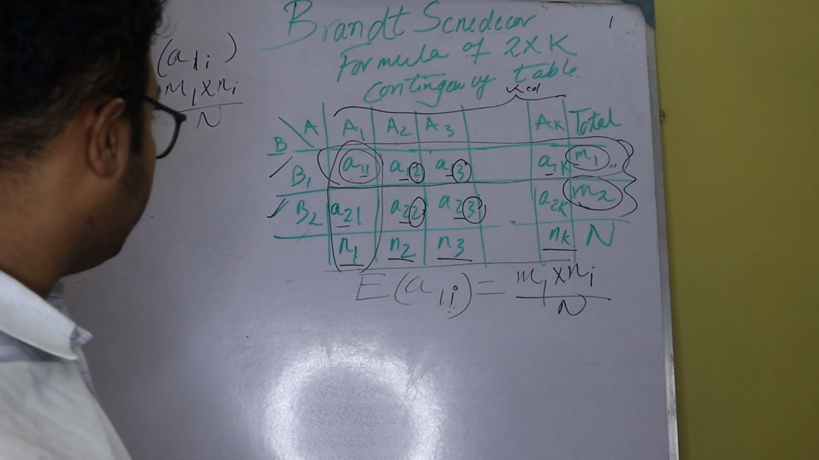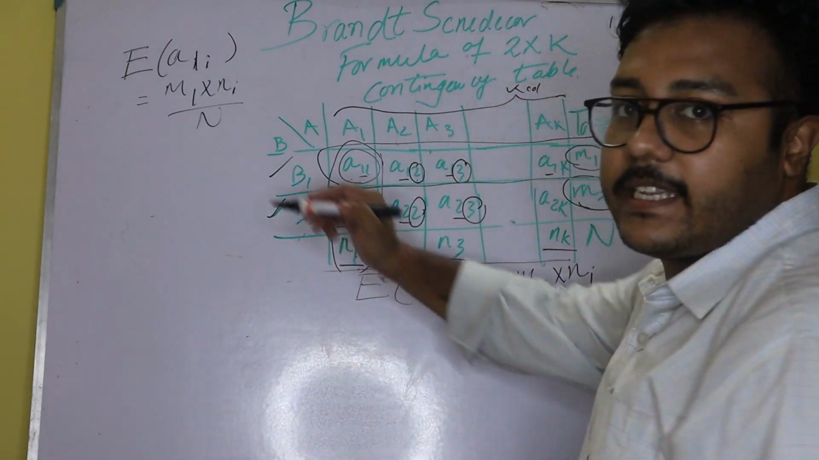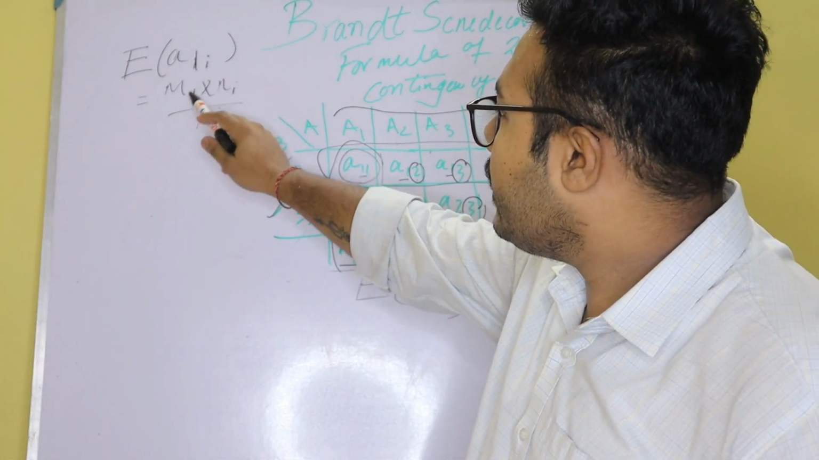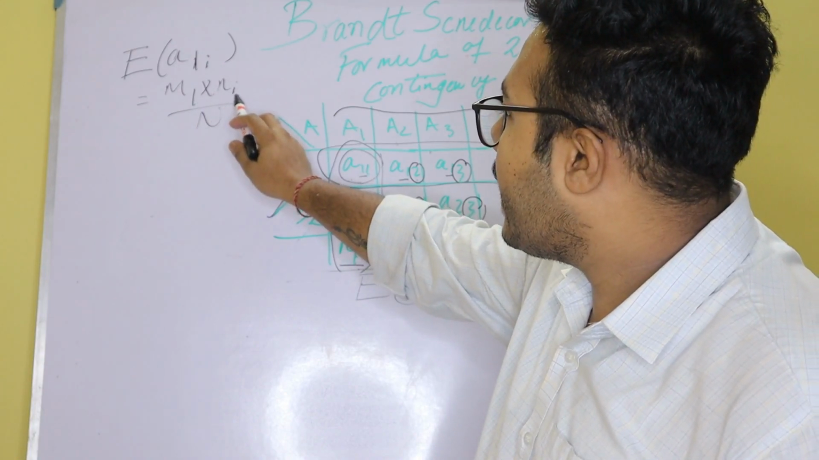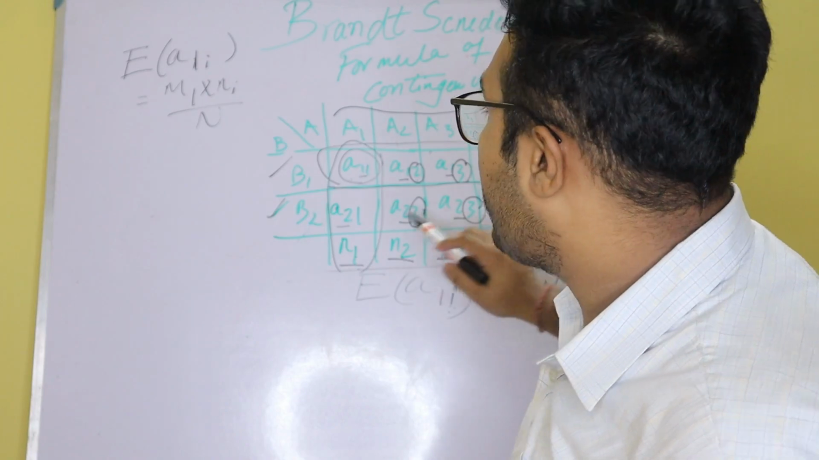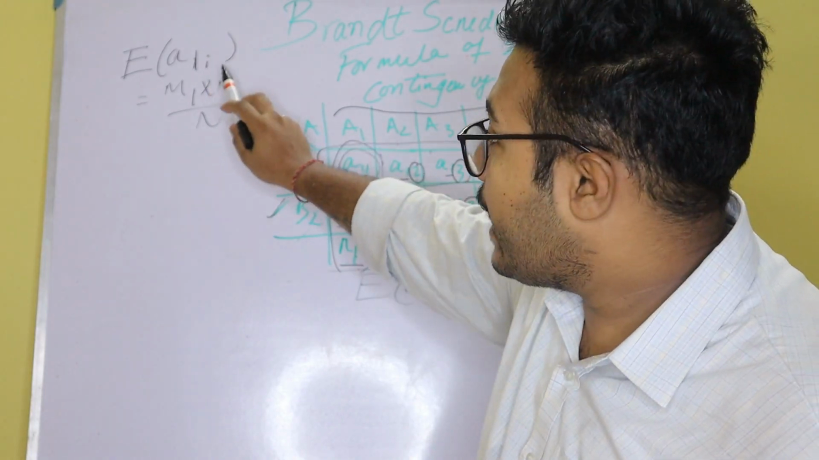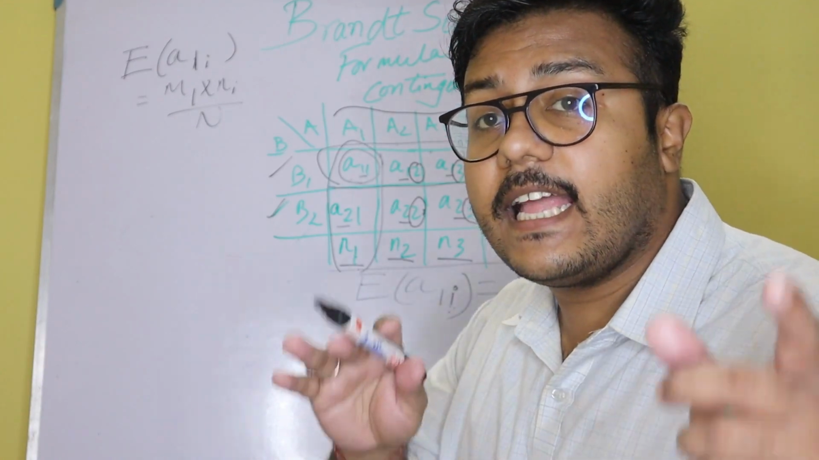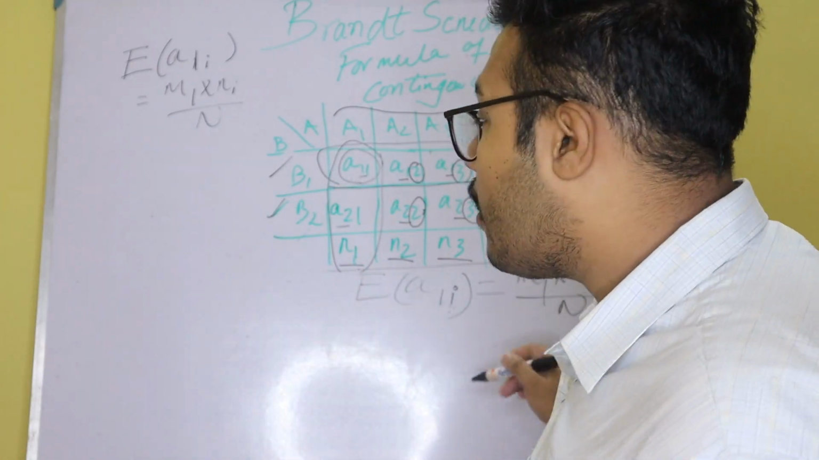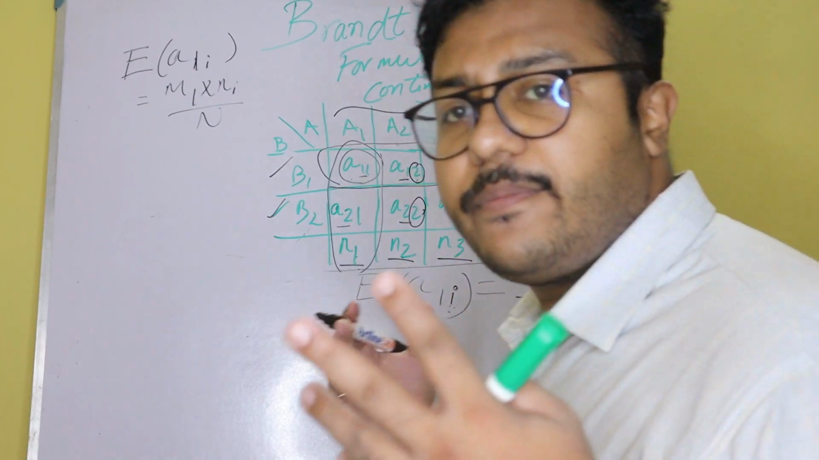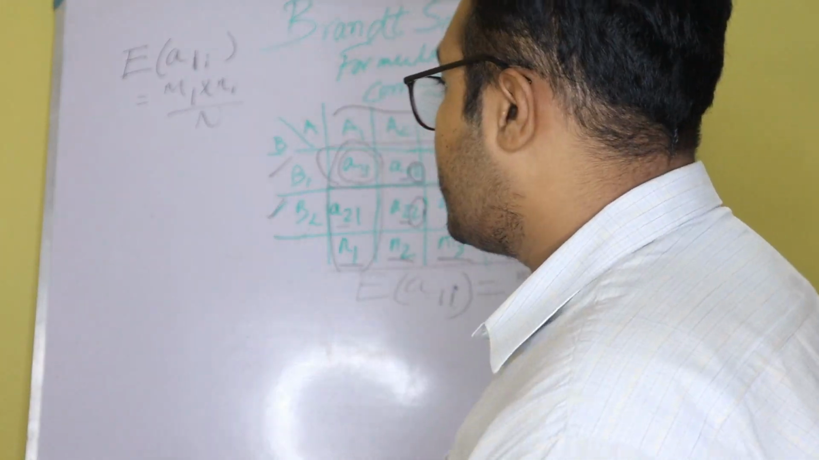So I have written this here. See here friends carefully. I have written this here: E of a1i equals m1 into ni. So this sum of the columns are varying with this i value and divided by N. N will remain the same because N is the total of all the rows or all the columns. So this capital N, it will remain the same. It will remain same for every case. Now